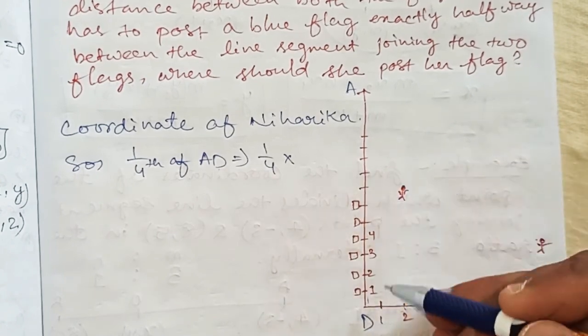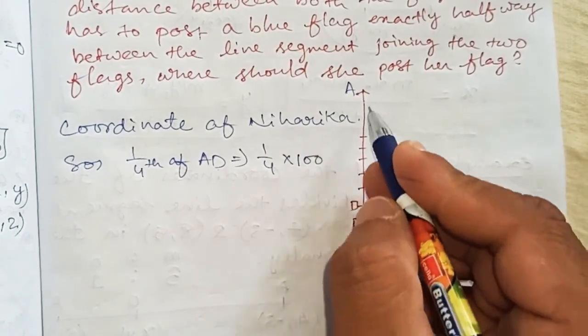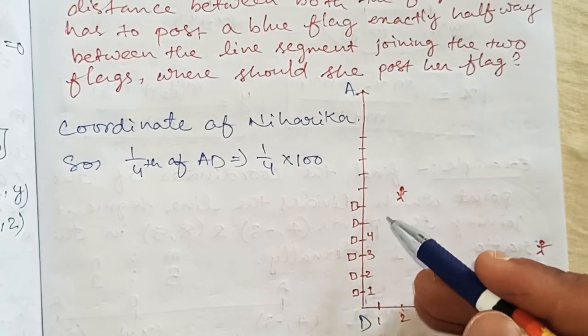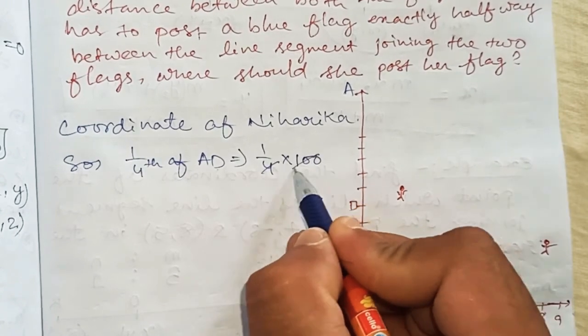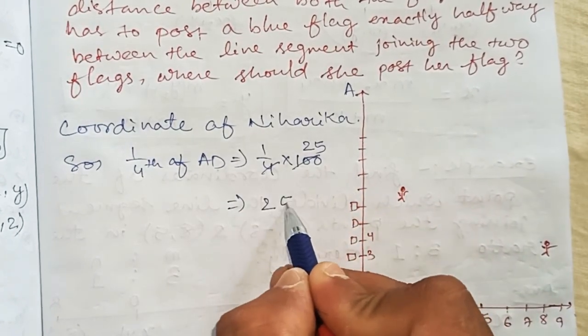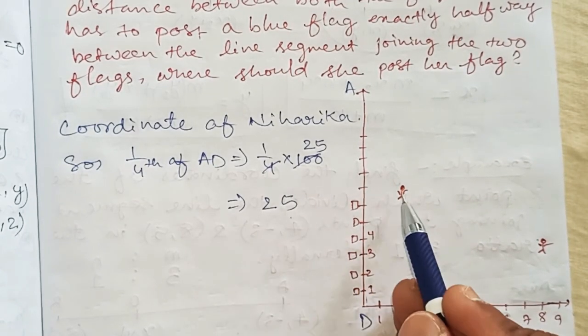AD means how many flower pots are kept on this line? There are 100 flower pots kept on this line. So she has run up to 1/4 of the line. 1/4 of 100 means she has crossed about 24 flower pots and she has nearly reached the 25th flower pot